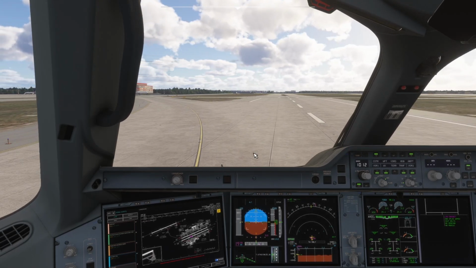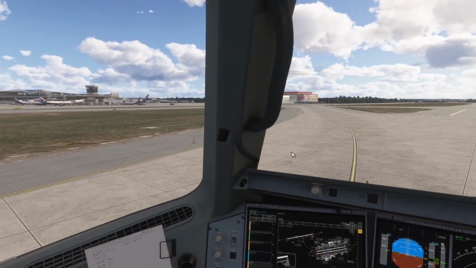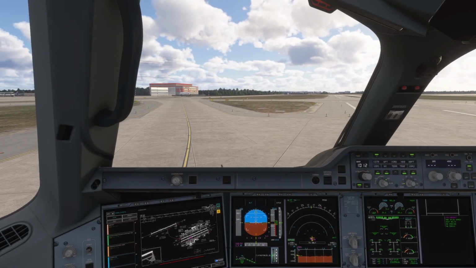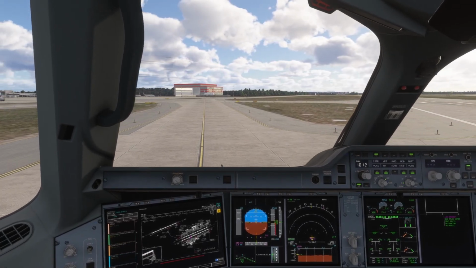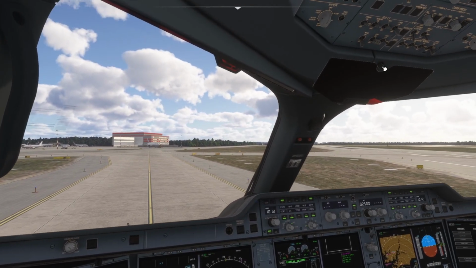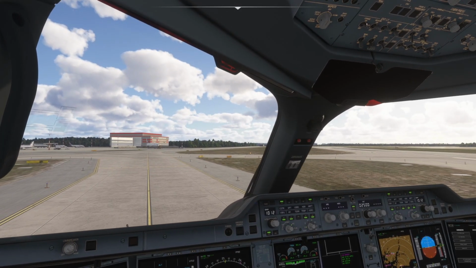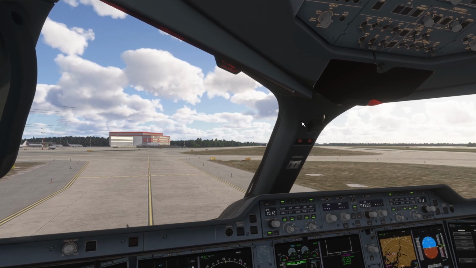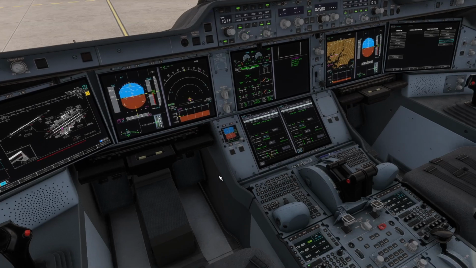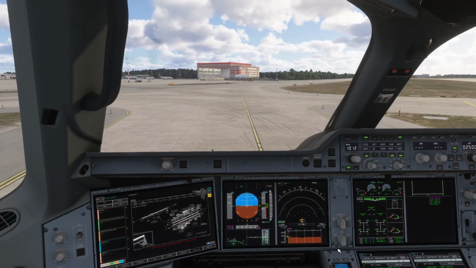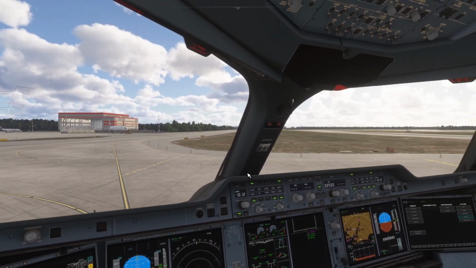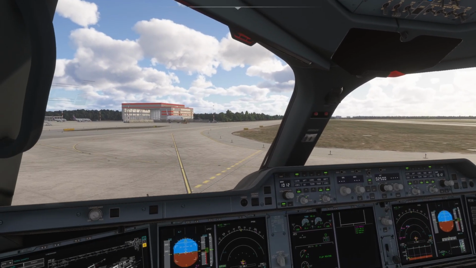Alright, 7 hours and 28 minutes flight time. And, well, we missed Alpha 4. It's fine. It's a pretty good landing. Alright, landing lights off. Strobe lights off. Go ahead and clean up this aircraft here. Flaps up. Speedbrakes disarmed. And there you go. We'll turn on the APU now.